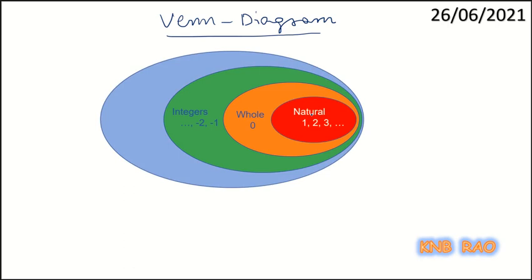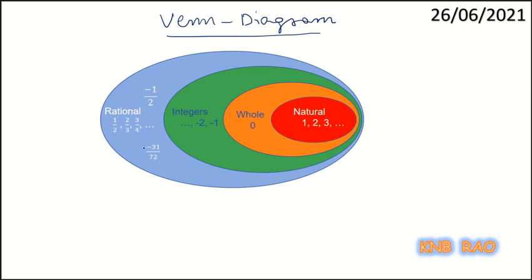Now, there is another bigger oval shape called rational numbers, which contains these integers, in turn whole numbers and in turn natural numbers. So, the rational number set is a bigger set containing all the integers, whole numbers and natural numbers. It contains all the fraction forms also. Some of them are fractions and some are negative fractions, the negative form of fractions, that is, the negative form of 1 by 2 is minus 1 by 2, the negative form of 2 by 3 is minus 2 by 3 and so on.